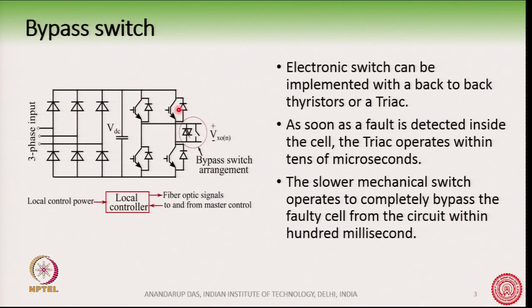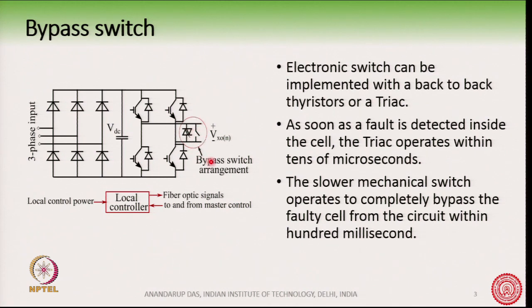At first the transistor is switched off. So, if you detect that there is a severe fault inside one cell, then you first switch off the transistors and then you fire the thyristors or the triacs. But since this is a semiconductor, it has some on state loss, which ideally we do not want, because this is a bypassed cell and we do not want additional losses to happen. So, eventually we will